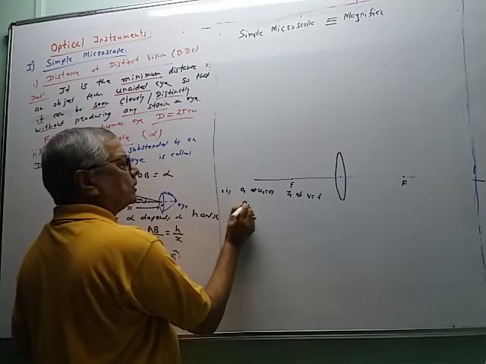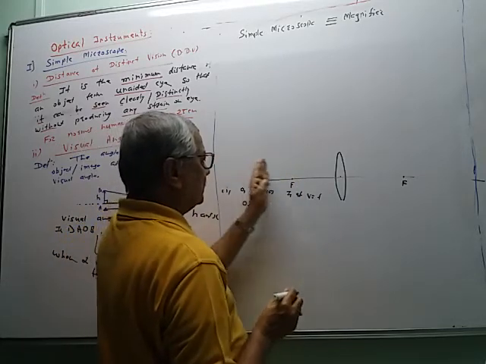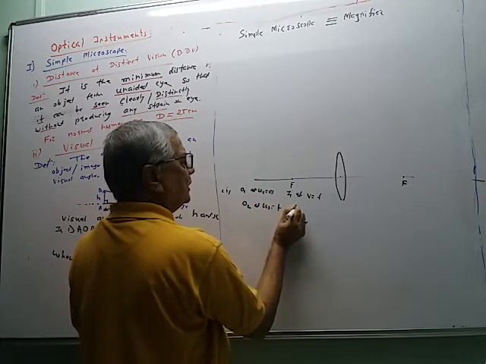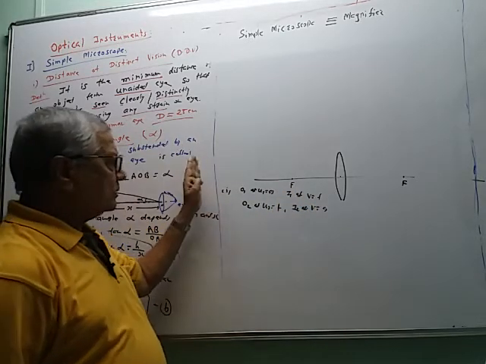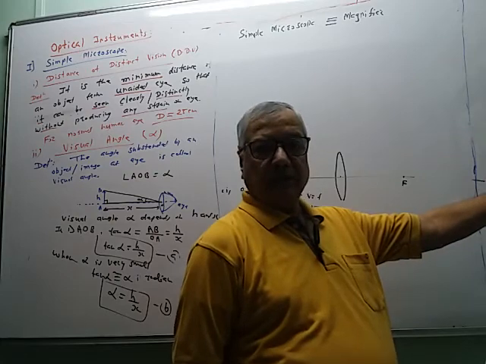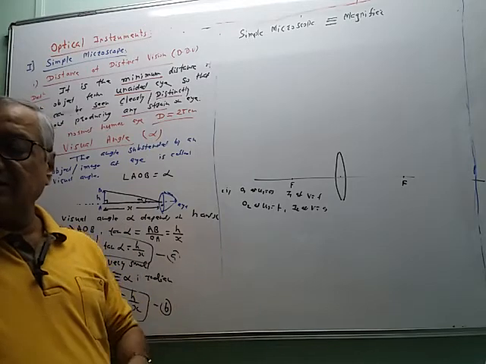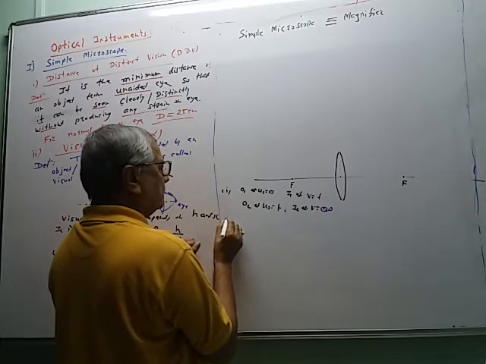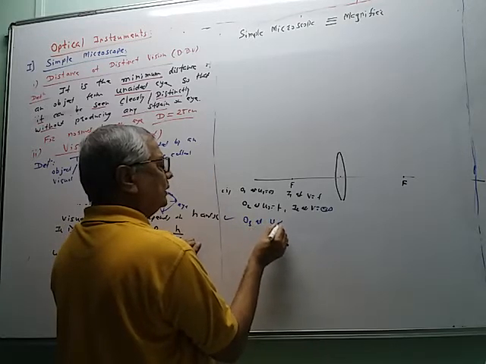Now when the second object O2 is brought from infinity to this side and kept at object distance U2 equal to F, then image I2 is formed at infinity. As we bring the object toward the focus, the image goes to infinity and keeps getting magnified. Then we consider the third case. We cannot see an image at infinity. So the third case is when the object O3 is kept at a distance U less than the focal length.